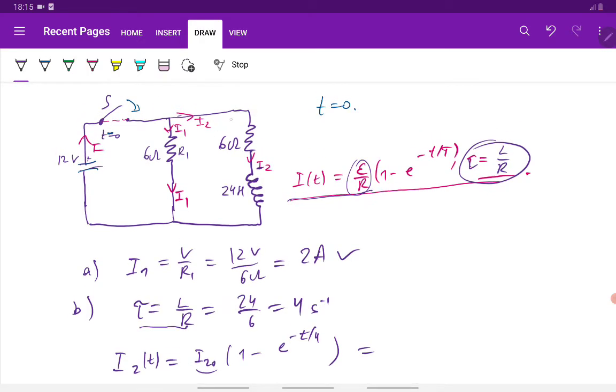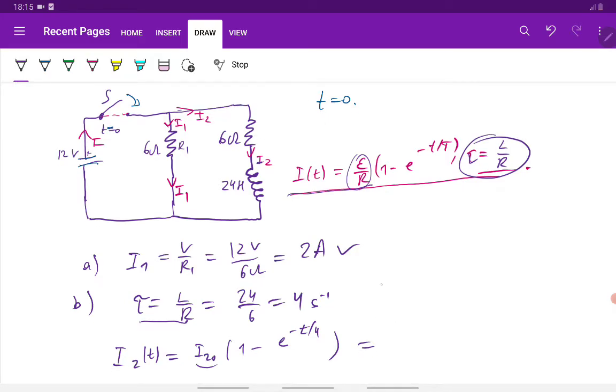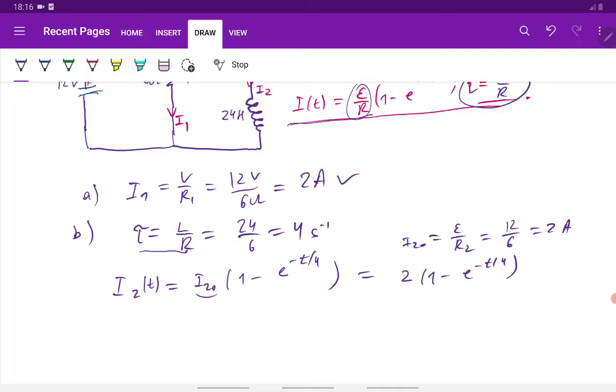Since here we have 6 ohms, 6 ohms, we will anyway have 2 amperes, and I2 max equals E over R2, which is 12 over 6 equals 2 amperes, so I2 equals 2 times (1 minus e to the minus t over 4). So we found B. In part C,